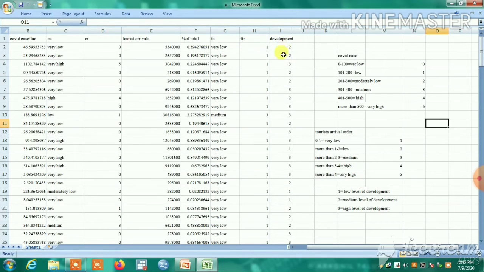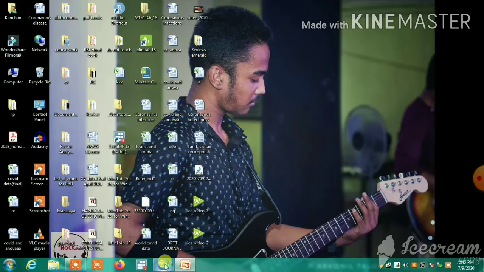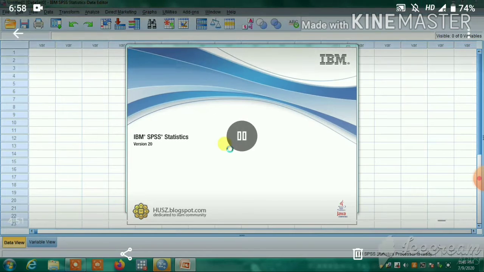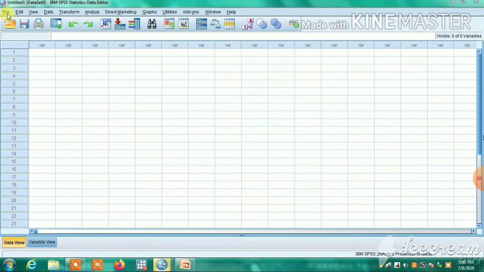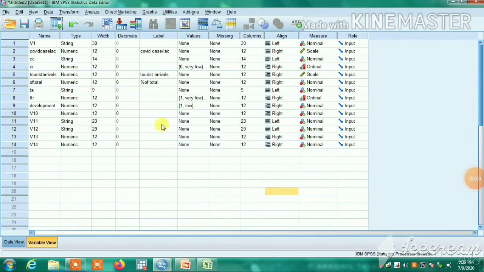Similarly, the development is with respect to the value of HDI, and this data is given in the Human Development Report. Okay, and these are the classifications for COVID cases, tourist arrival and human level of development. Now we have to import this into our SPSS software. After importing the data into SPSS software,